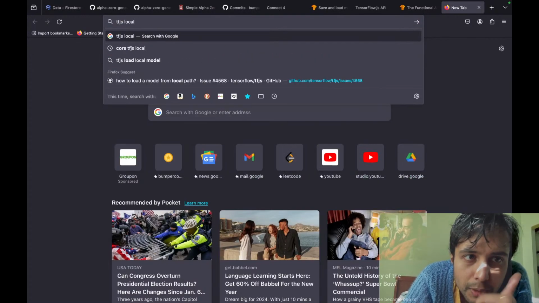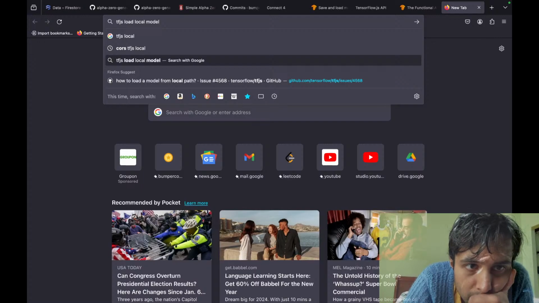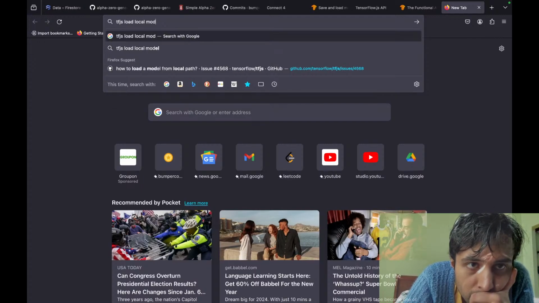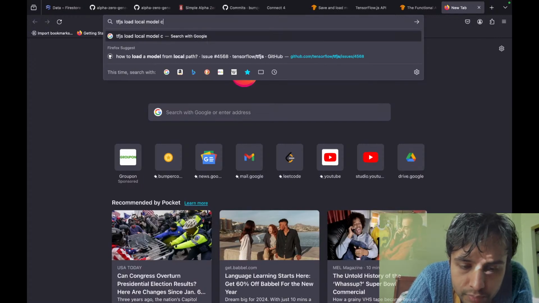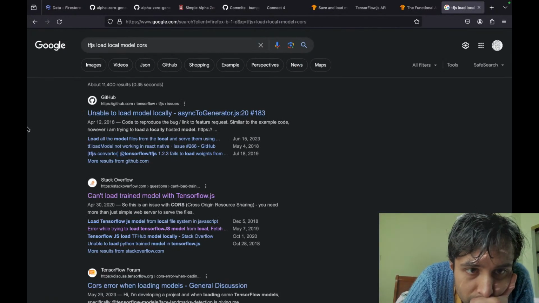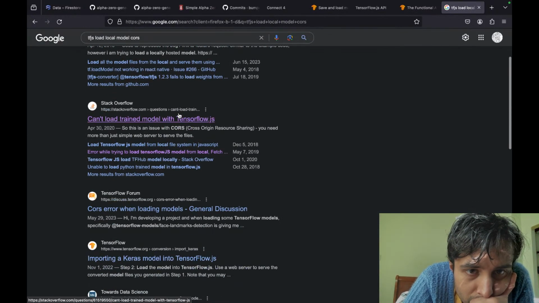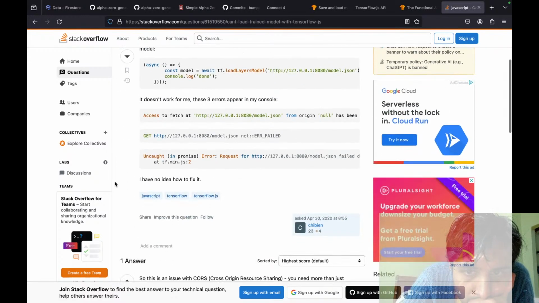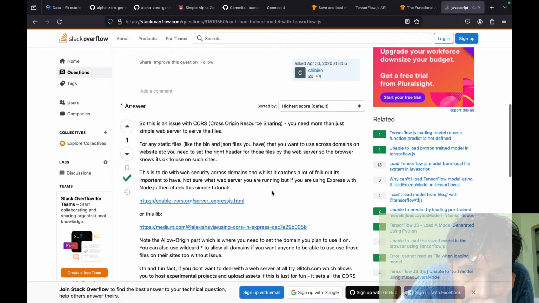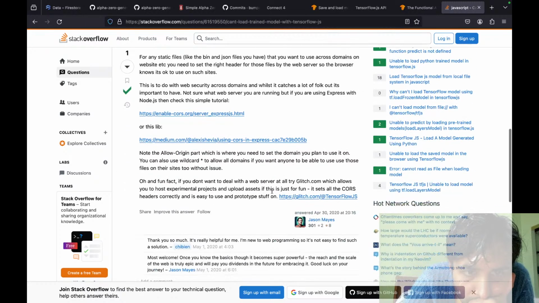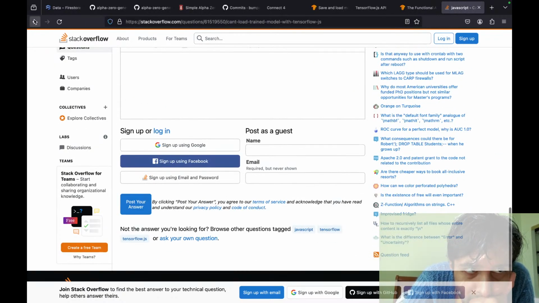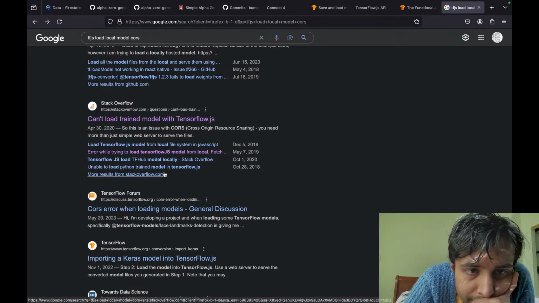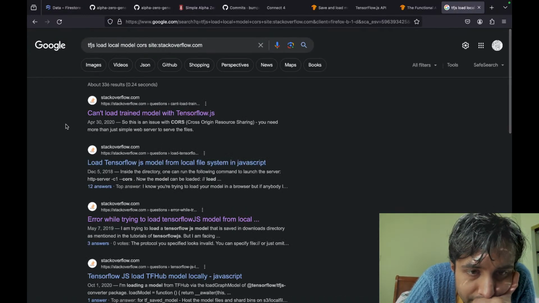TF.js, local model, cores. Okay, I've already seen this answer yesterday. More results.